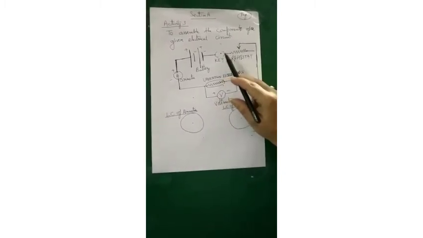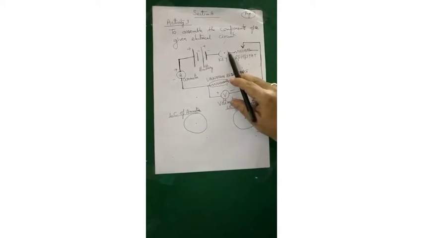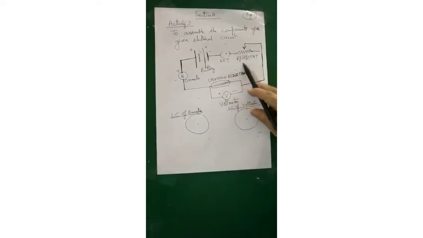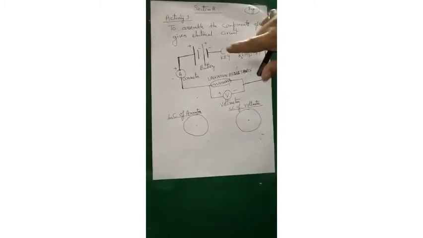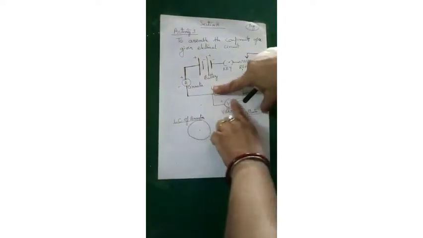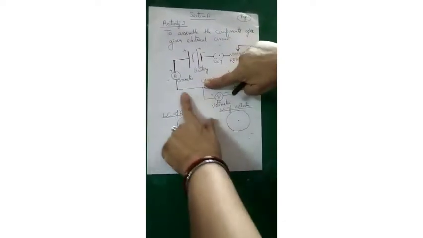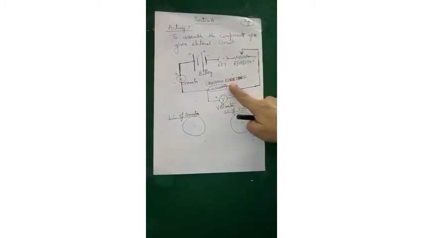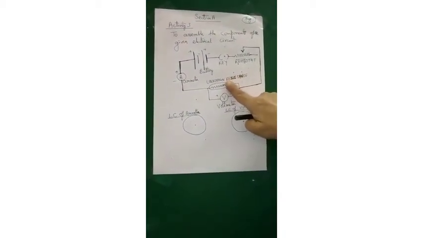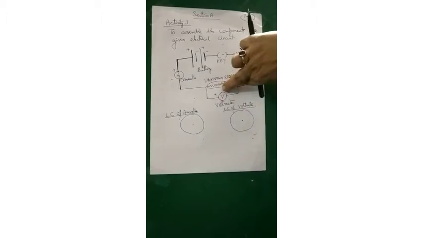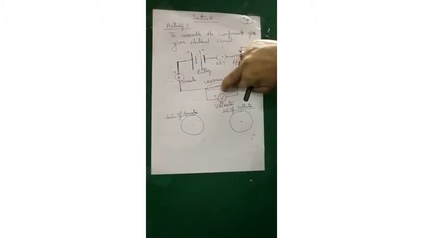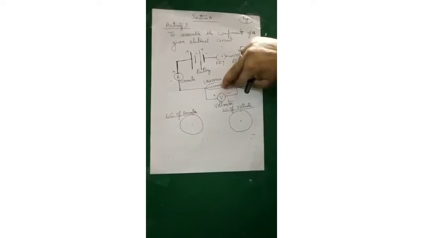key, what is one-way key? I'll show you. One-way key to a rheostat. This is a variable resistor, and from here it is connected to the voltmeter. So if you avoid this unknown resistance, then you can see that all the apparatus are connected in series, one holding the hand of the other. And this unknown resistance, whose resistance is to be found out, this unknown resistor, you can say, is connected in parallel to the voltmeter. Okay, so this is the Ohm's law circuit.